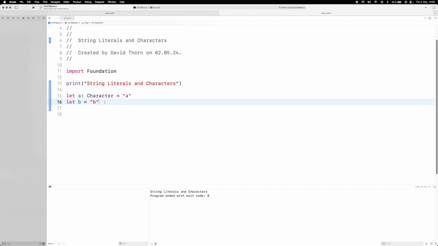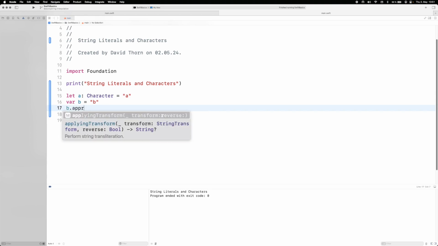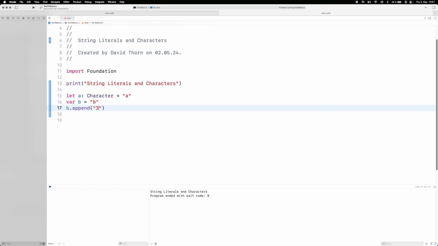You can see it gives a String because it thinks, well, wait a minute, you're using the quotation mark, so the safest bet here is that you want to add other characters to the end of it. Now, if you do want to add other characters to the end of it, this variable B is not going to allow it because obviously it was a let, but we could then say append B3, for example, and then print B here, and we can see the output is then B3. So what we are saying is append the character to the end of this, because this is a string